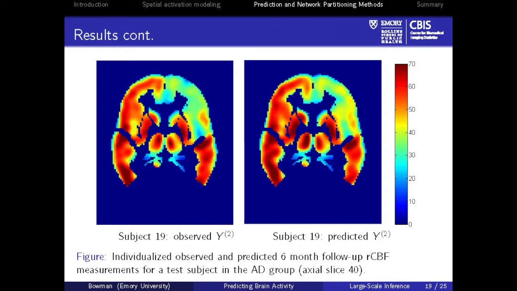This is just another subject that shows a different pattern. If you use just a regular general linear model, like a standard approach, you have the same map for every subject. But our map is sort of a compromise between group level estimates and individual level data. And so you see here that for a quite different pattern from what we saw earlier, we still managed to predict fairly well.